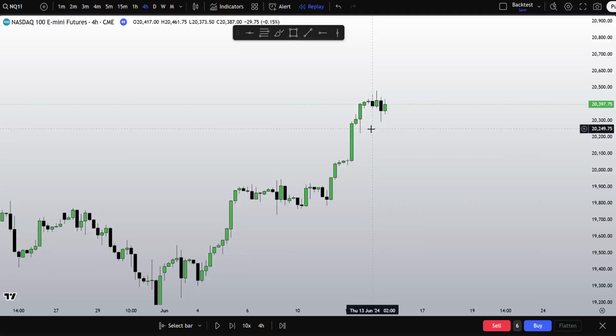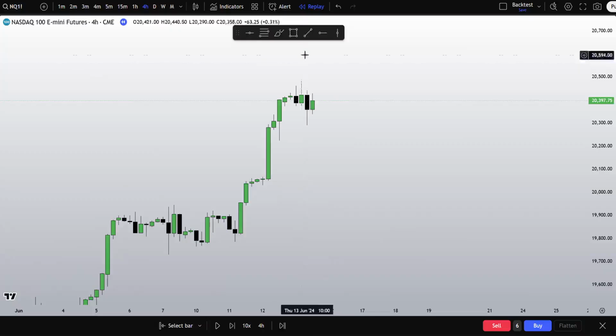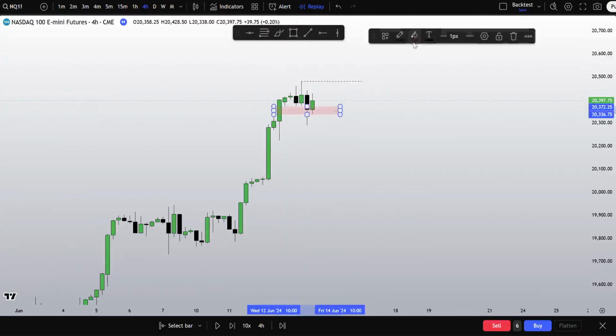If we are at all-time highs, ideally, I wouldn't want to take a long, but if you are, set take profits. Let's say 10 points, 20 points, 30 points, 40 points, whatever you're comfortable with. But ideally, you'd like to see some context here. Even something as small as a minor high like this.